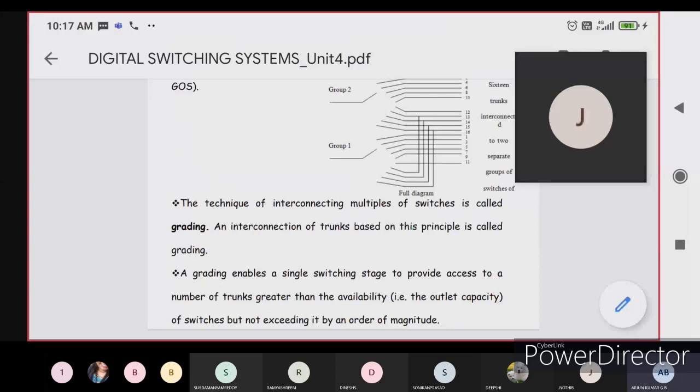Here also there is partial common and full common. Here I am representing it as fully common. What are the four lines? They are lines 13, 14, 15 and 16. These four lines will be common for group 1 and group 2. That is called fully common. So you can call it fully common.